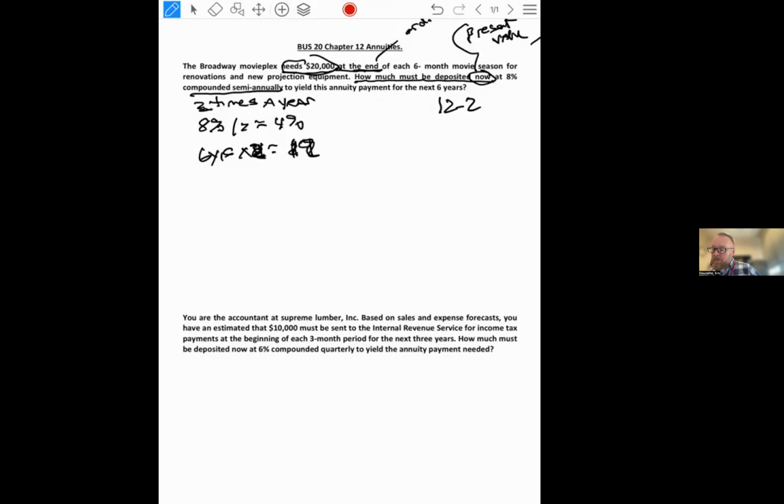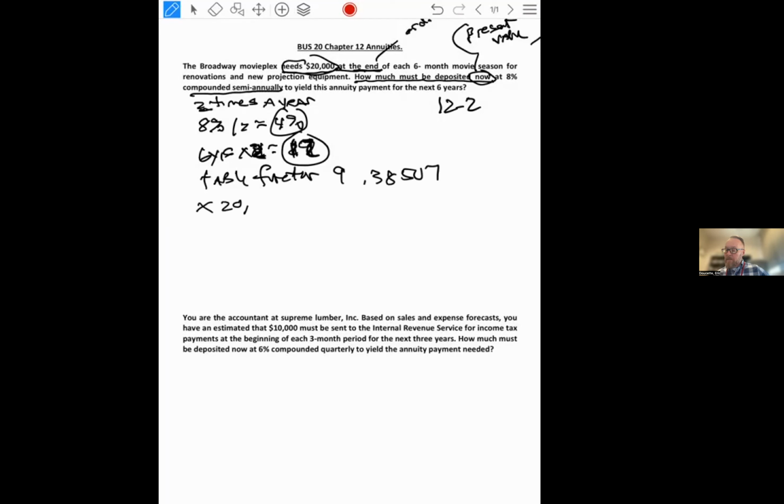Okay. 12 times 4% comes out to 9.38507. That's the table factor. 12 at 4% is 9.38507. And then I would multiply that by the amount that they need equals $187,701.40. So that is how much they're going to need total at the end of, so they're saying 20,000 at